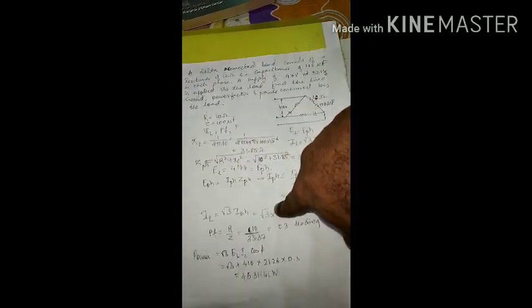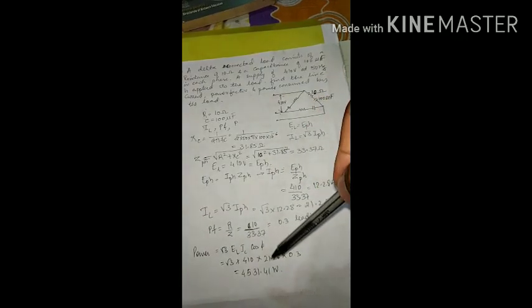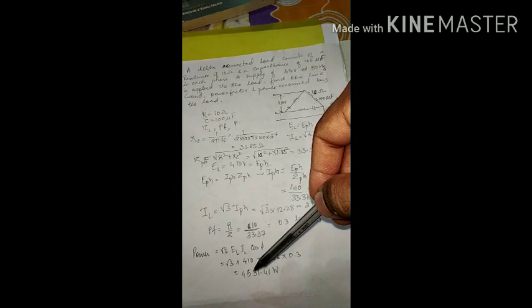Power is equal to root 3 E_L I_L cos phi. So root 3 into 410, 410 is the voltage, E_L. I_L is what? 21.26. Power factor you have calculated as 0.3. And the total answer is